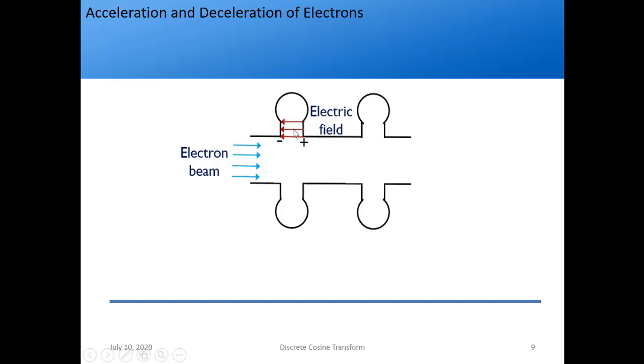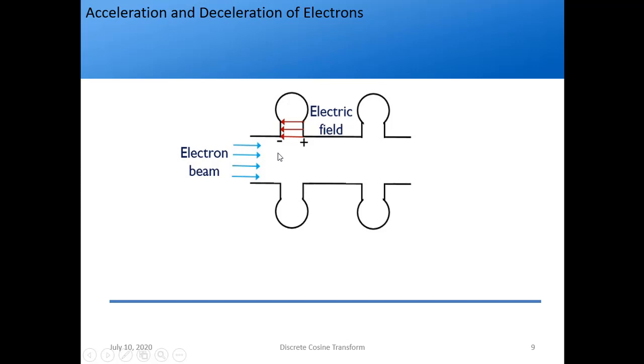If I have an electric field given in this direction, positive here and negative here, remember it is an electric field coming from the AC signal. So it is an oscillating electric field, and there is an electron beam in this direction. What will happen? Can you think and tell me what happens to the electron? Just think over it. What will happen is these electrons will see the negative potential of the electric field. These electrons by nature are negative, and this is also negative. So what will happen? They'll repel each other, right?